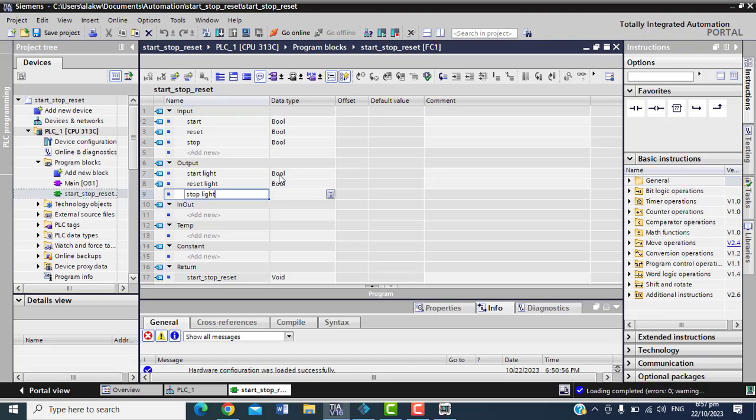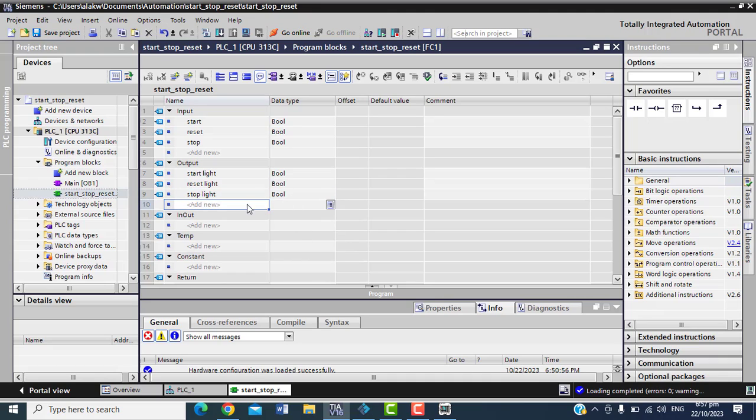So exactly how we see them for that place, now we just do. But I will show you something for all these things. Alright, so I don't declare them, the three input peripherals I want to work with. They call them peripherals actually, because physically they exist. If I go to the field, I will locate those buttons. So now we call them peripherals: start, stop, reset, start light, reset light, and stop light.